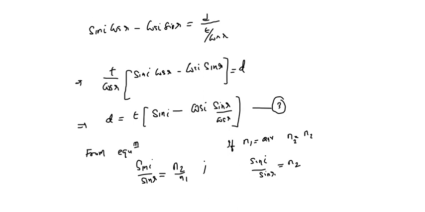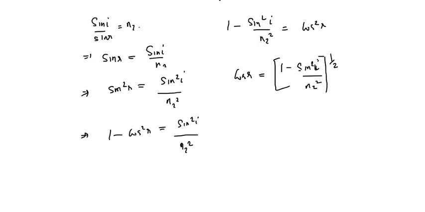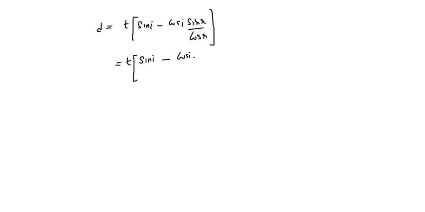So we can write now, for cos R, sin R can be written as sin I by n2. So sin I can be written as, sin R can be written as sin I by n2, and cos of R will be written as 1 minus sin square I by n2 square to the power half,